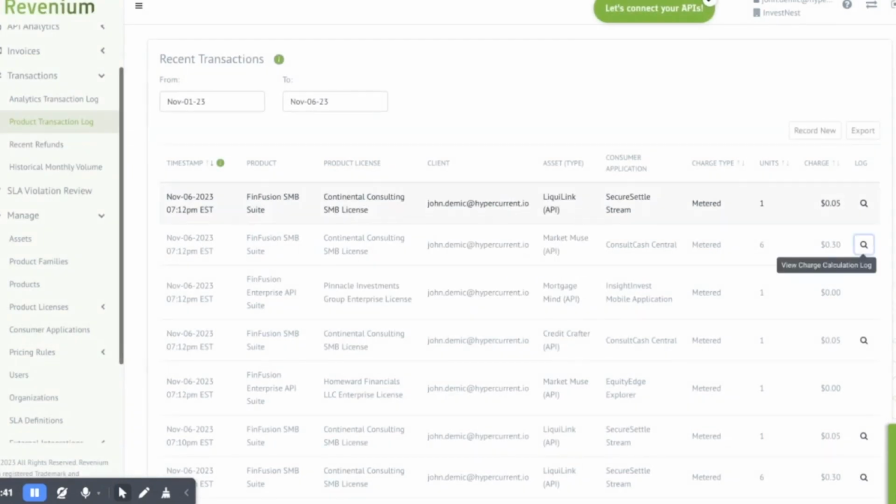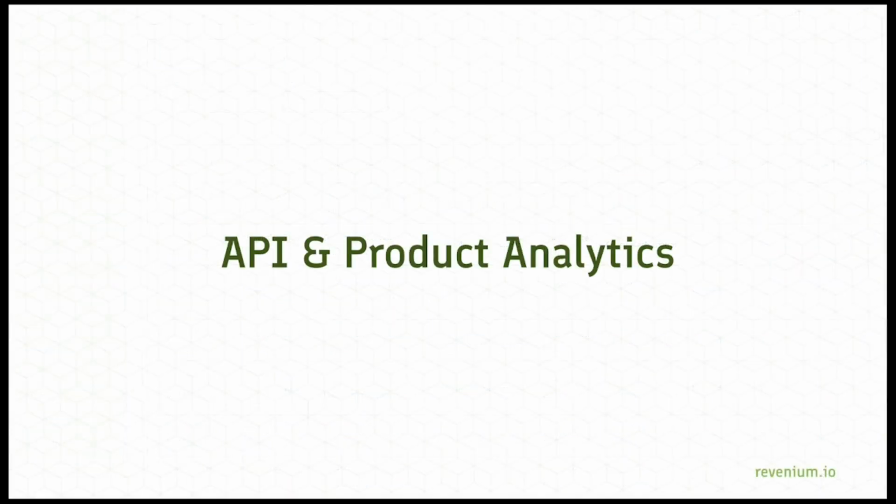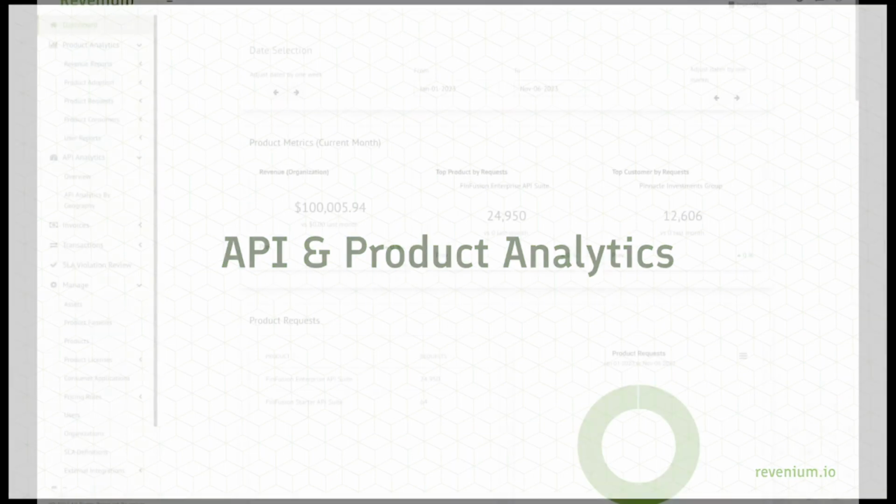So now that you've seen how a proprietary large language model can be exposed via an API with Revenium and Gravitee, and both productized and monetized, I'll hand it back over to Jason to give you a tour of Revenium's analytics capabilities. All right, in the next section, we're going to review some of the product analytics that you can generate out of, or you should be able to generate out of, your digital products that you publish for sale.